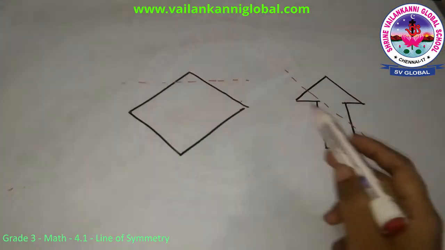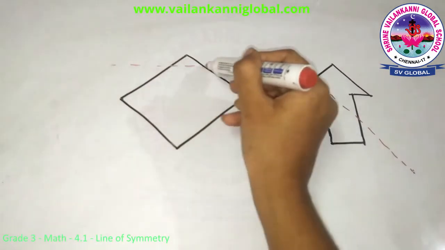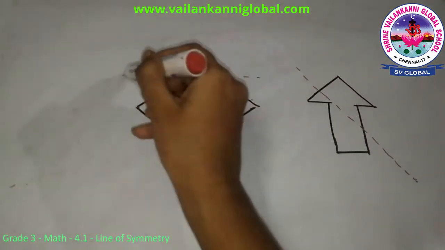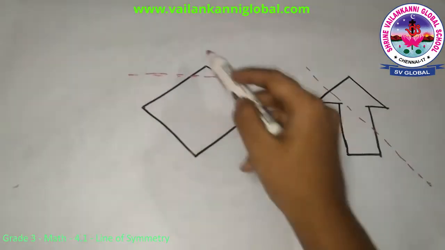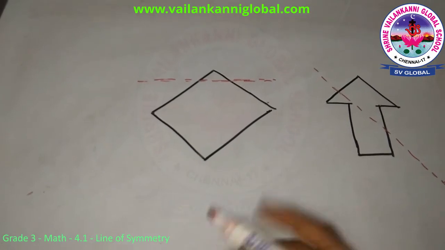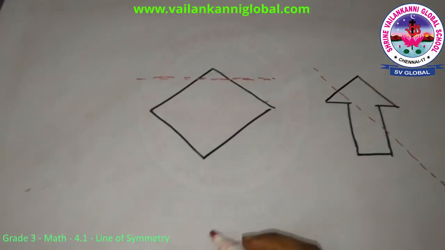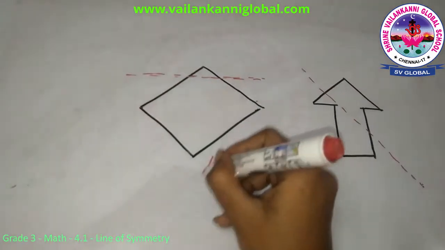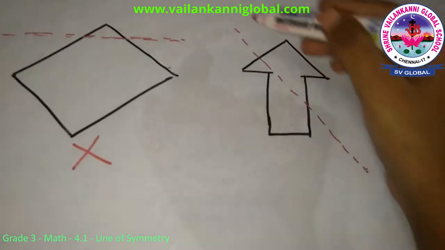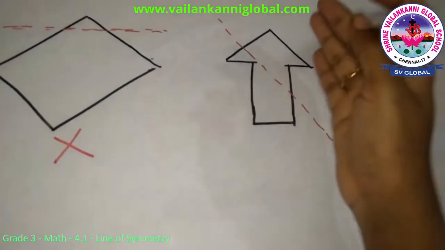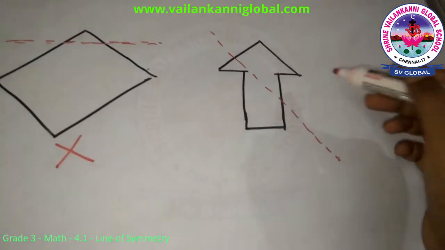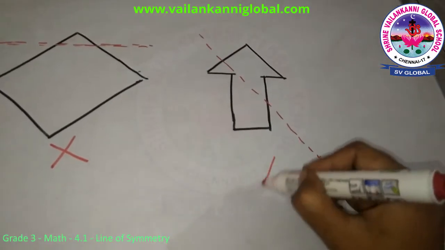So just look at these two shapes. I am cutting it this way, one line of symmetry. If you can see the line of symmetry, I have drawn it here. If you see this half and this half, are they equal? No, they are not equal, and even if you fold, they will not match. So this can't be a line of symmetry. Similarly here, if you see, they are cutting like this. When you fold it, this half and this half will not match. So this again is not a line of symmetry.